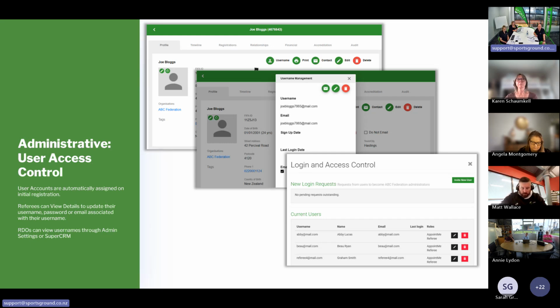And for each of those individuals, the starting point, you'll be able to filter as per the previous screen, to find whoever you wanted to see or operate on. You can click through into an individual to see their profile and other information about them. And you can also check their user access for their username and password, etc. in here.